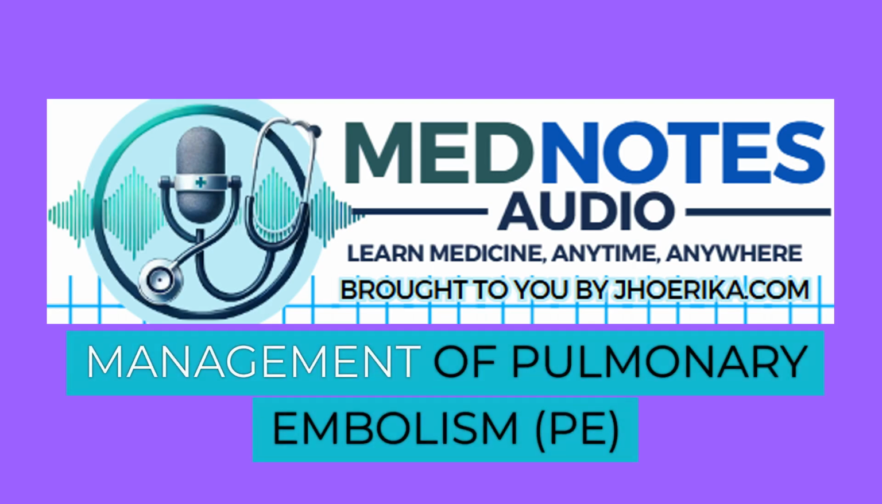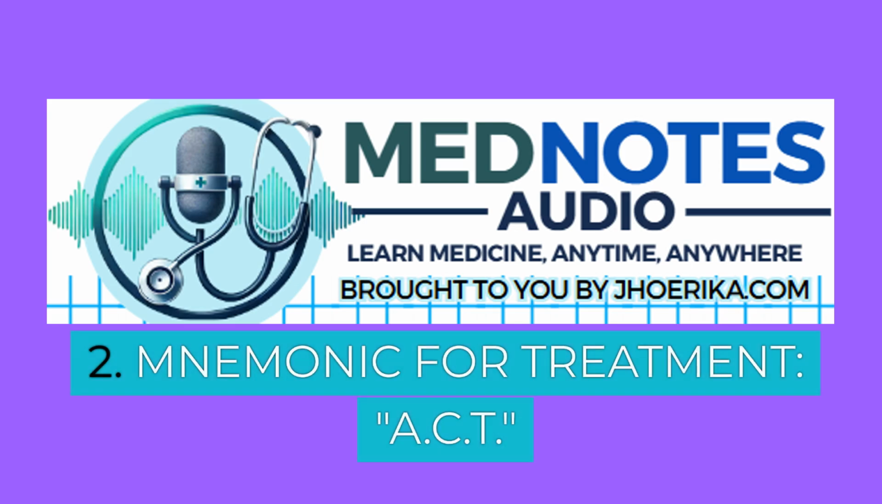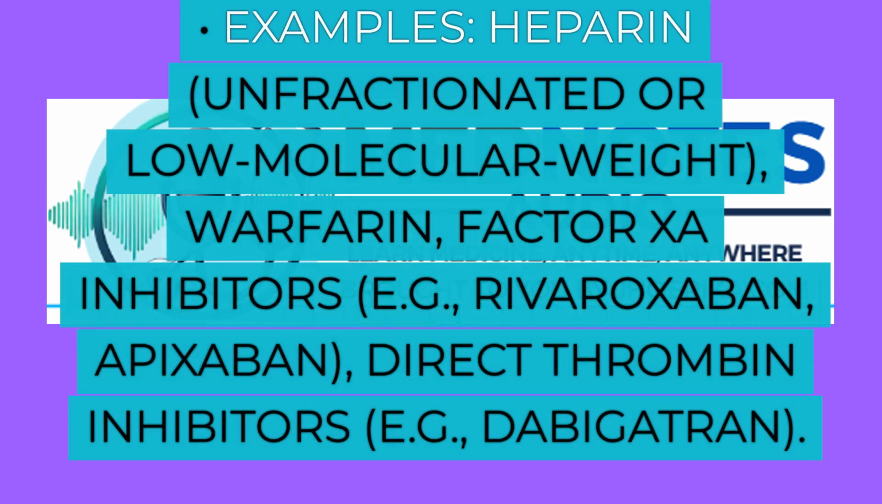Management of pulmonary embolism, PE. 1. Key idea. Treatment aims to prevent further clot formation, dissolve existing clots, and support the patient. 2. Mnemonic for treatment: ACT. Anticoagulation, the most important initial treatment to prevent the progression and new clot formation, also known as blood thinners. Examples: heparin, unfractionated or low molecular weight; warfarin,